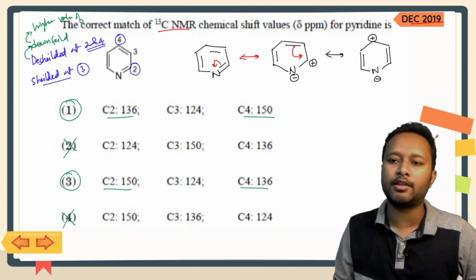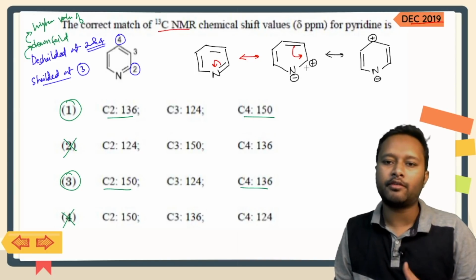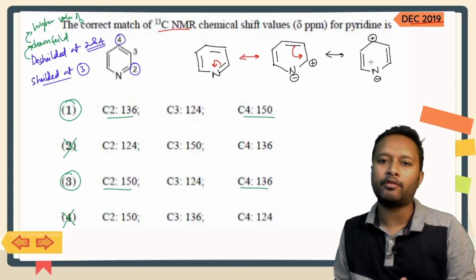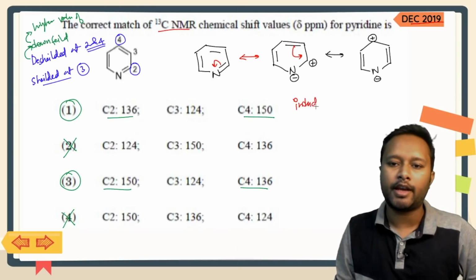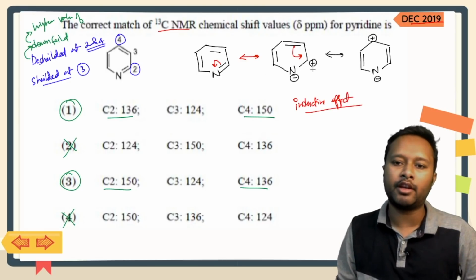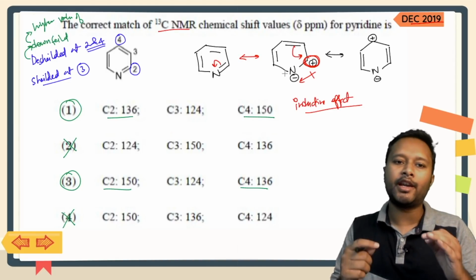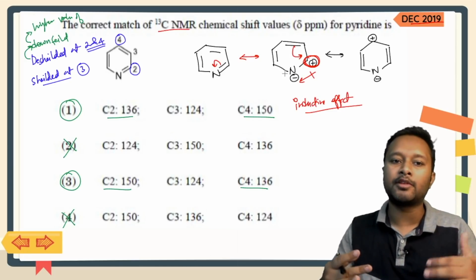Now you have to look at option number 1 and 3 and analyze them. After the formation of this negative charge on the nitrogen, we have just seen the resonance effect. The second effect which can happen is the inductive effect, and due to that inductive effect, this nitrogen being more electronegative will attract more electrons from this particular carbon towards itself, making this particular position more de-shielded. More de-shielded means the chemical shift of the hydrogen on this carbon is going to be more downfield, and that means a higher value.